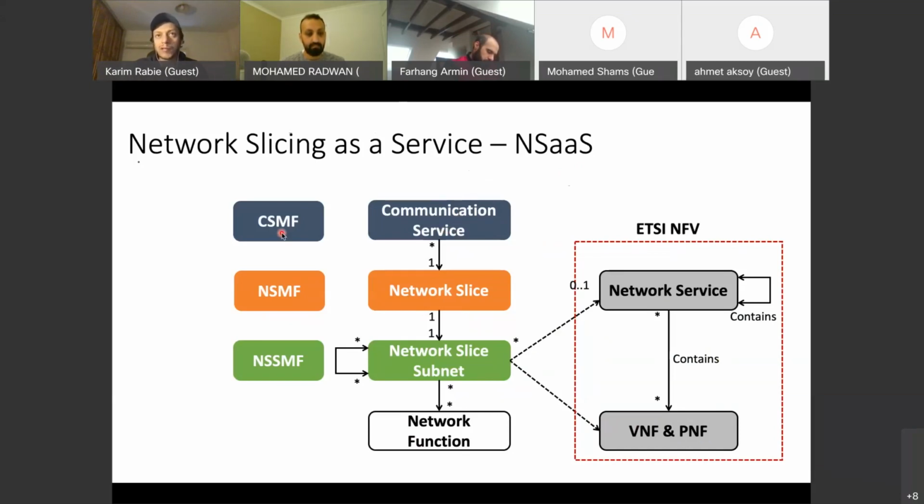CSMF, NSMF is part of the service orchestration, and then this communication service can map one-to-one or many-to-one to a network slice, and the network slice is managed by the network slice management function that handles the lifecycle management of the network slice. So the NSMF, as I said, together with the CSMF, most probably many of the vendors are combining that in the SO. If not, NSMF can be part of something called cross-domain orchestration, but this is not the story of today. And the network slice, from a modeling perspective, it maps